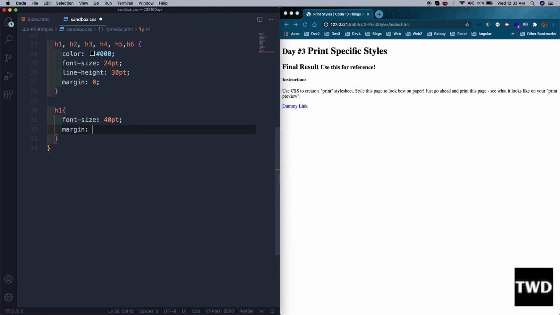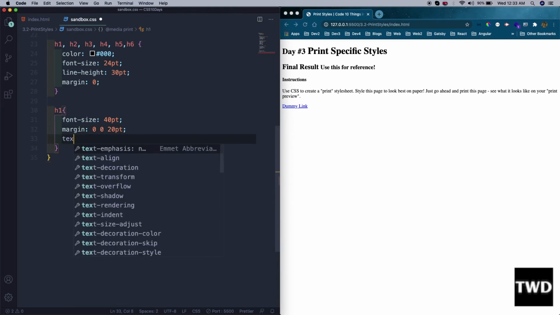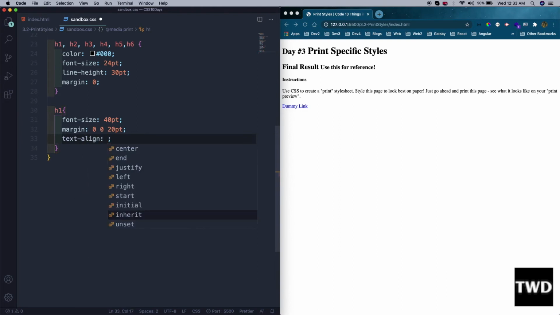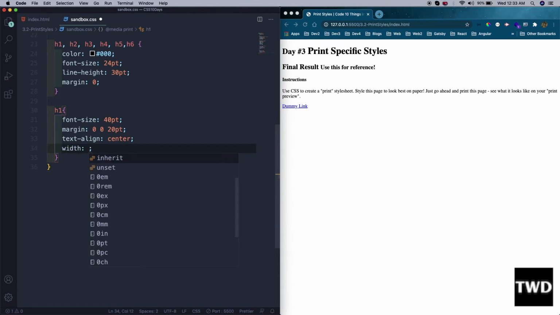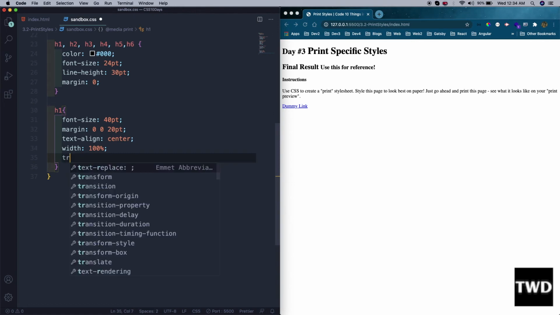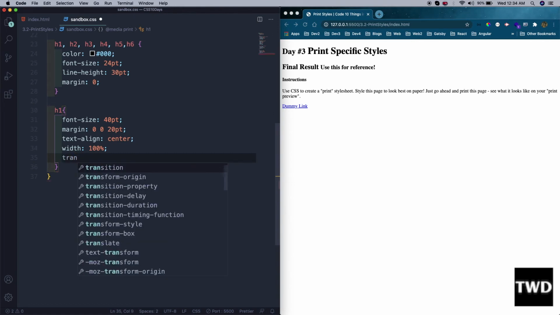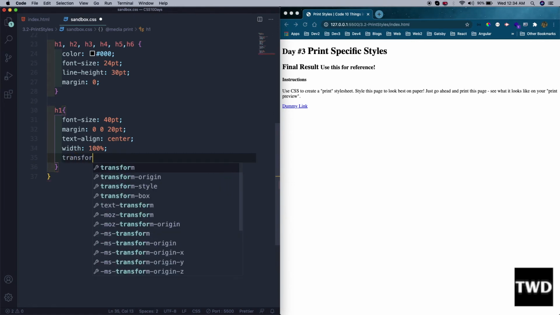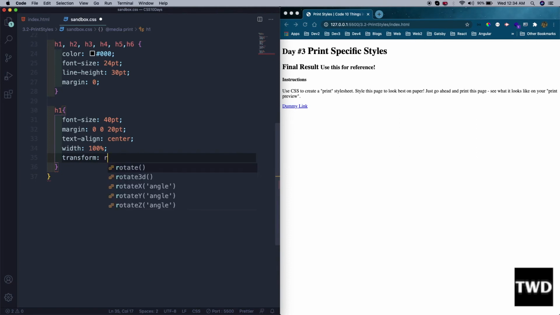Margin 0 0 20pt, text align is center, width is 100%, transform rotate is 0,